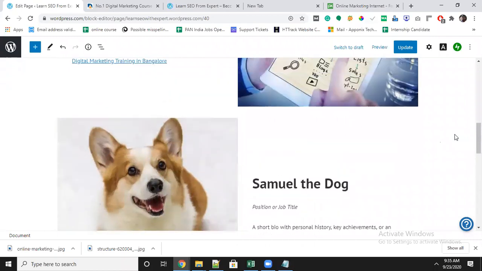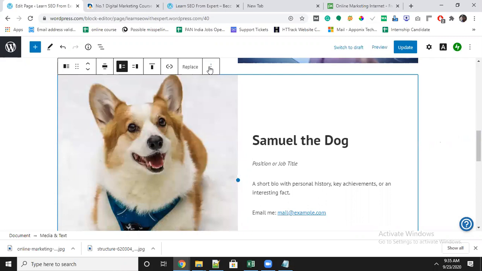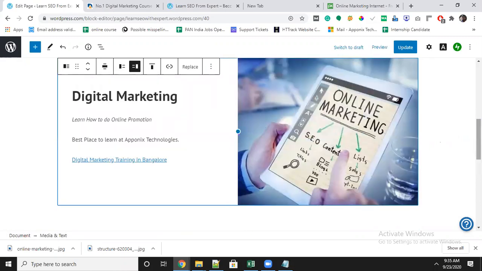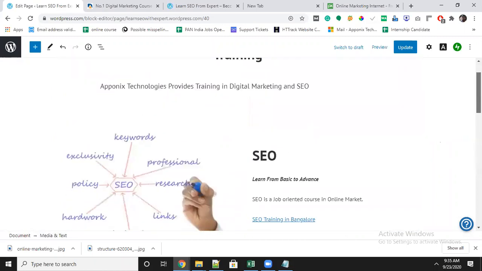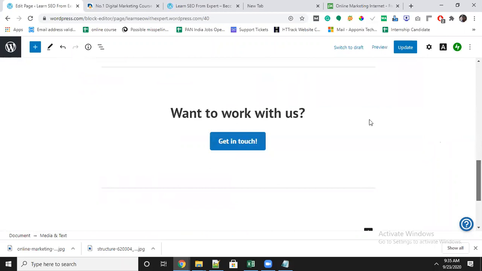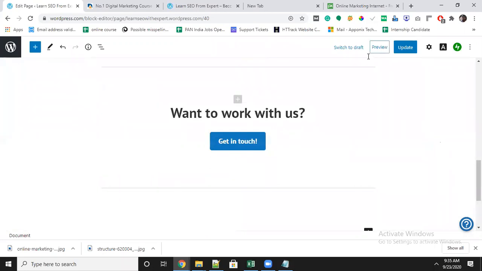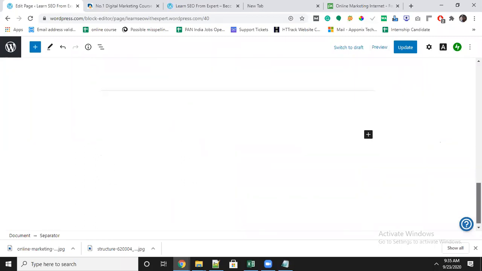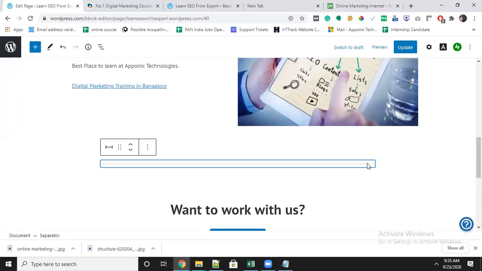See, I have made a third section. I don't want it, so you can delete it. You will get an option here directly. Select here and remove the block. You can see I have made 2. Okay, here they have given one more section. If you click on any block, it will tell you which block it belongs to and where it is connected. Here is the option for you.